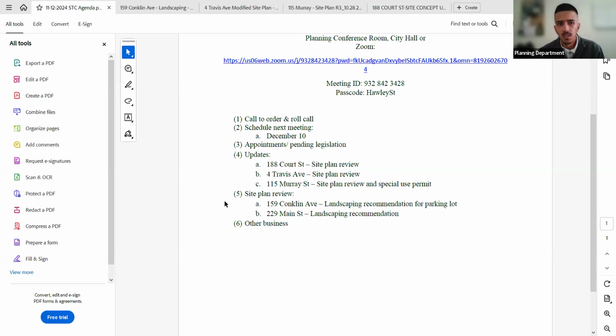This is a mixed-use development project taking place at 159 Conklin, ground floor commercial, and three or four floors above, residential. Mostly one bedroom and two bedroom units, and they're providing a parking lot on the rear of the property, facing the flood wall and the river there.